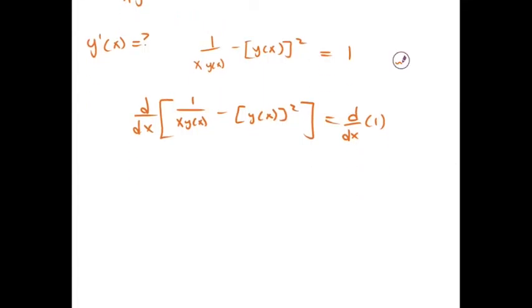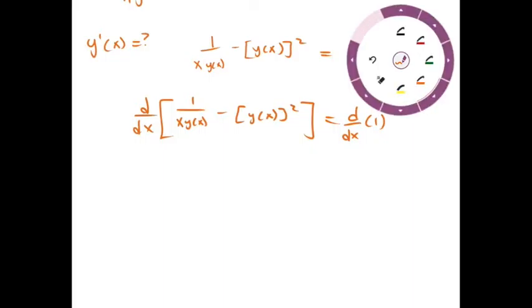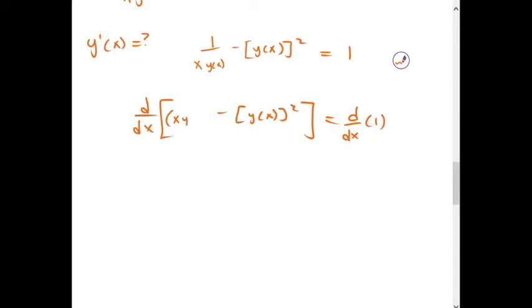Okay, so here we have to do some chain rule, because we can rewrite this as x, y of x to the negative 1 power. And when we differentiate this, we put a negative 1 in front, and we get x, y of x to the negative 2 power. Then we differentiate the inside. So that was the outside. Right? Now the inside,